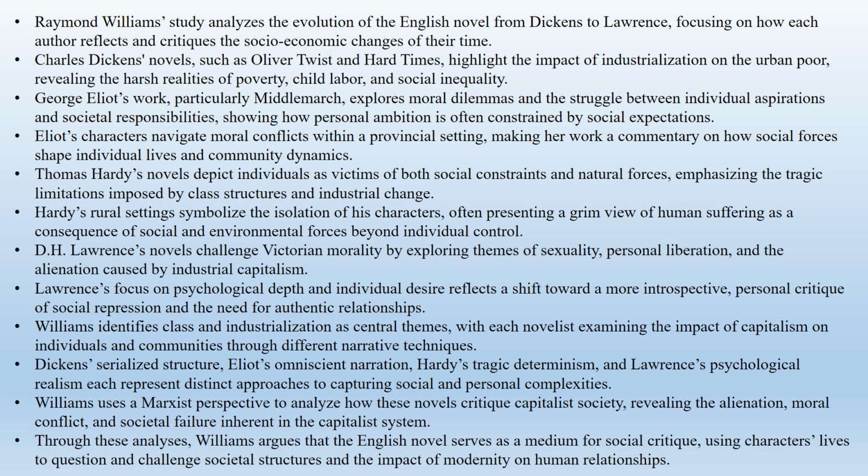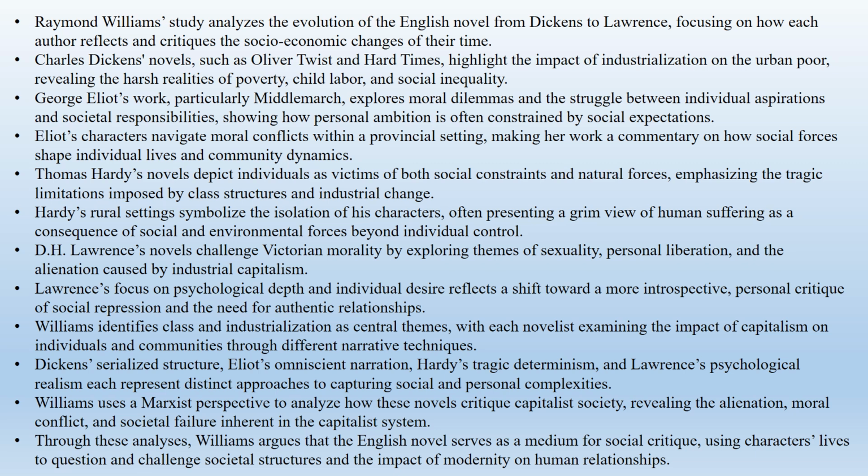Williams begins with Charles Dickens, whose novels such as Oliver Twist, Bleak House, and Hard Times are not only beloved for their vivid characters and storytelling, but also serve as critiques of the harsh realities of industrial England. Dickens, through his empathetic portrayals of the poor and marginalized, reveals the failures of the social systems that neglect the working class. His emphasis on the grim realities of child labor, poverty, and bureaucratic indifference aligns with a broader critique